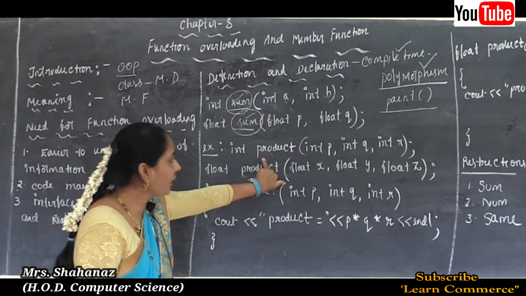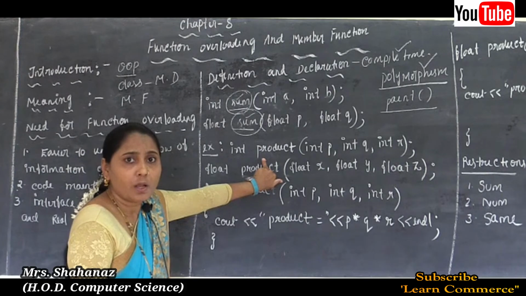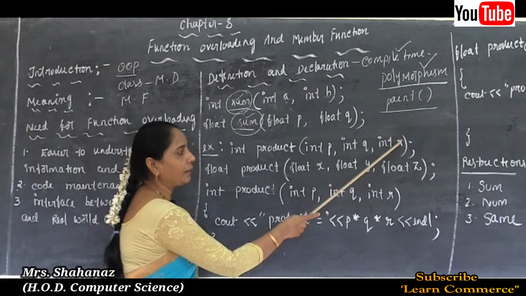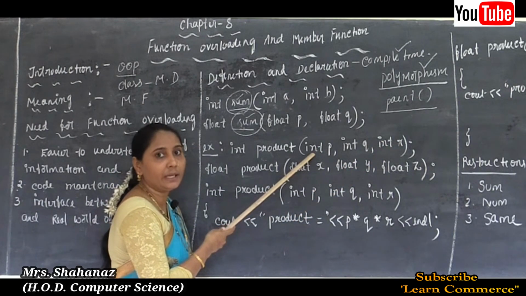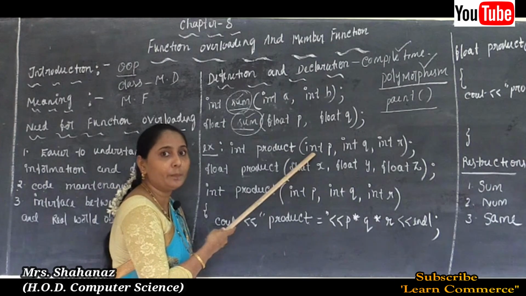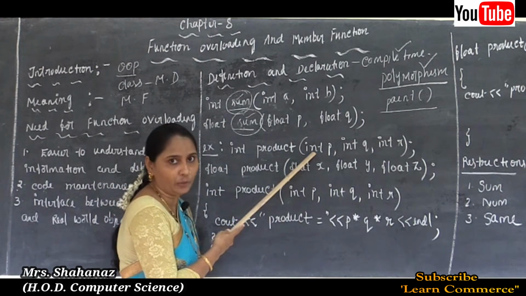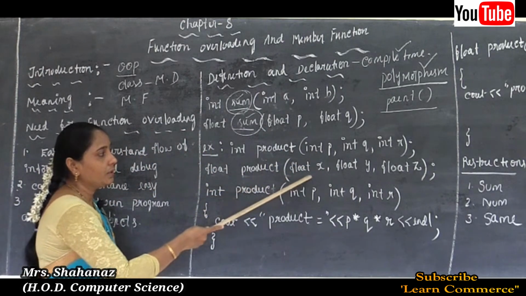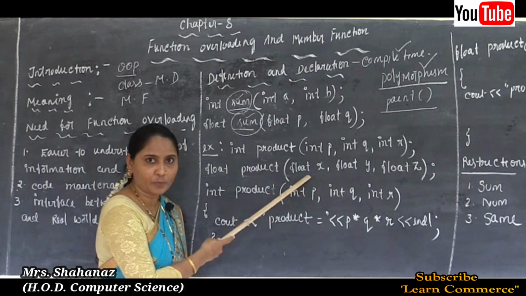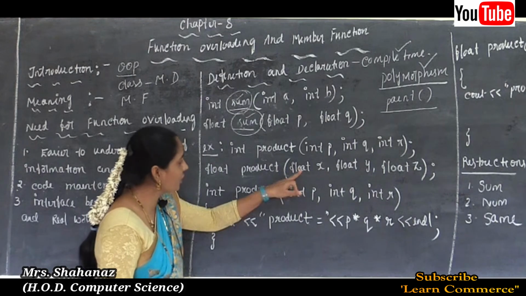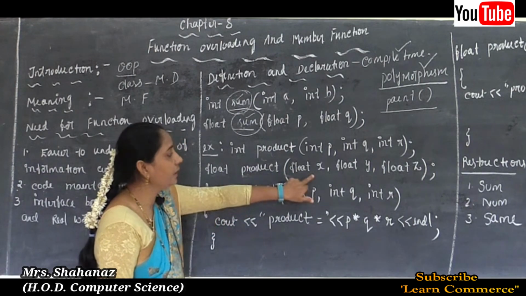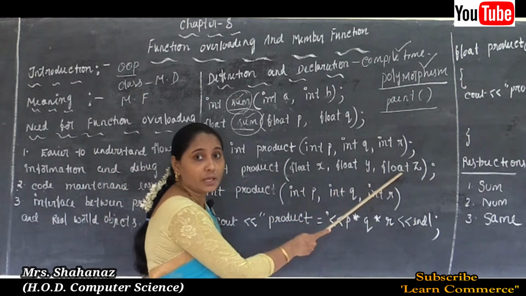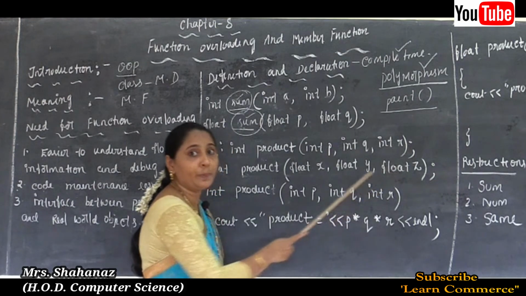So such product function is overloaded 2 times. First time with the 3 integer arguments p, q, r by using integer data type, and the return type as an integer value. Clear this point here. And second time the product function with 3 float arguments. In the second time, the product function contains 3 arguments, that is float x, float y, float z, and the return type being a float.